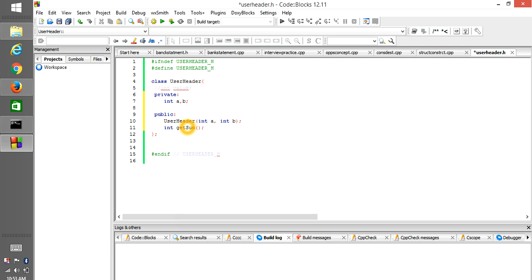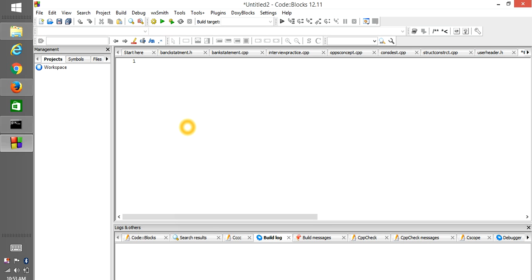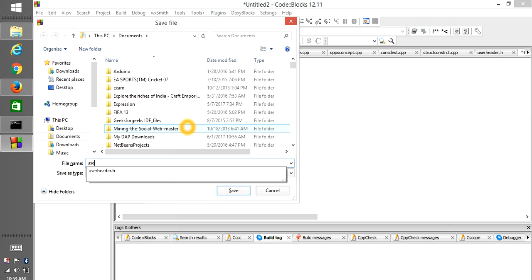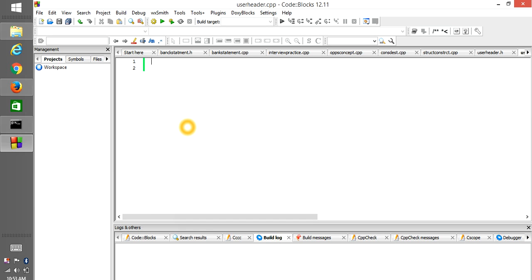Okay, after that, the next file. I am going to do the same thing again. First I want to save this file. I want to save this file as user header dot cpp. Okay, now what I want to do: if not define user